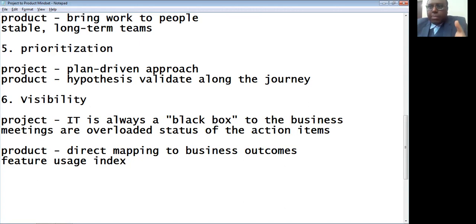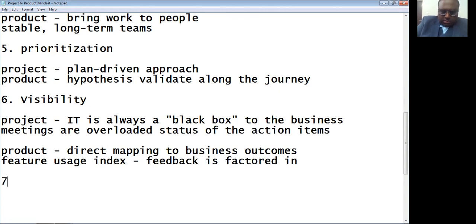And that feature usage index is a feedback which will once again be cycled in so as to factor into my further decisions. So always remember one thing: in an agile-driven engagement, we are always trying to make it more value driven, and you cannot make things value driven if you don't take feedback from your end users, clients, customers, or customer surrogates. So here it is directly mapped to the business outcome. So feedback is factored in.